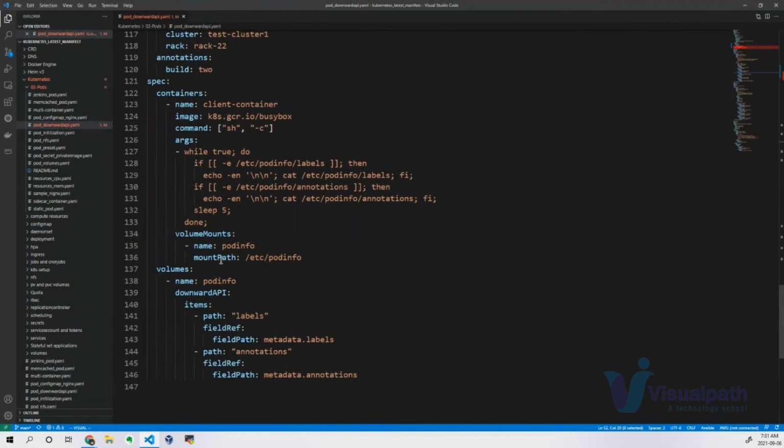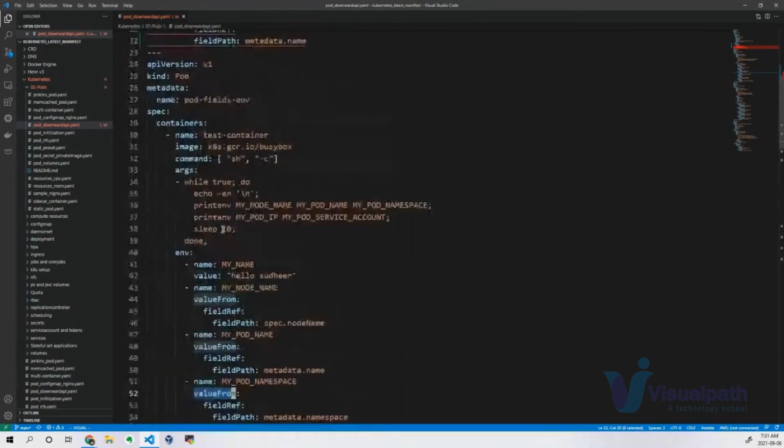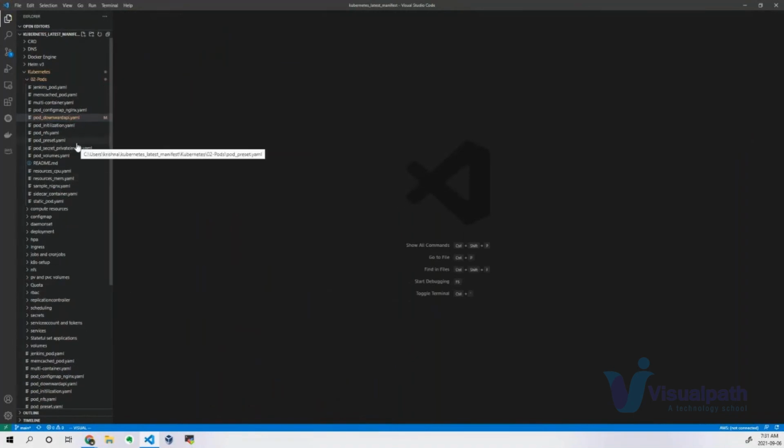Based on that scenario, how you will try to pull the data will get changed. If it is saving the data, try to put it in the volume section. If it is through environment variables, try to write it in the environment variable itself. So that's a simple concept which I just want to say. So this is about downward API. Okay, so the next concept is nothing but how will